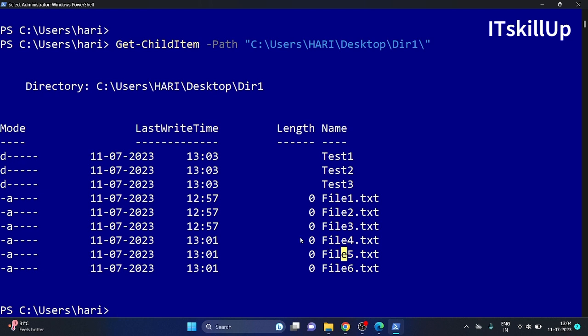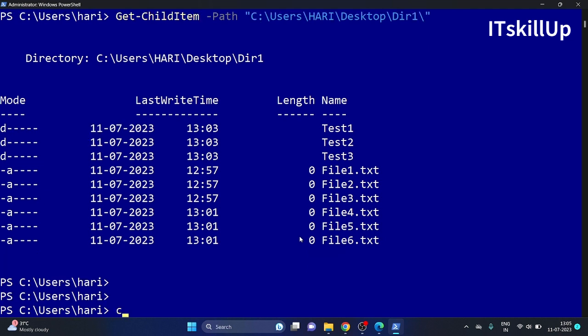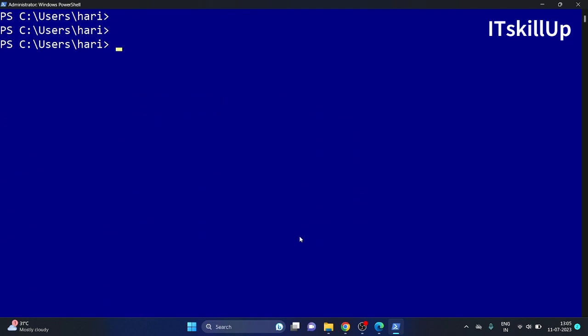As of now, we have created files with no data. Now we'll see how to create a file with data at the same time. The syntax is New-Item -ItemType File -Path. I have to give the complete path. And we have to give a file name,